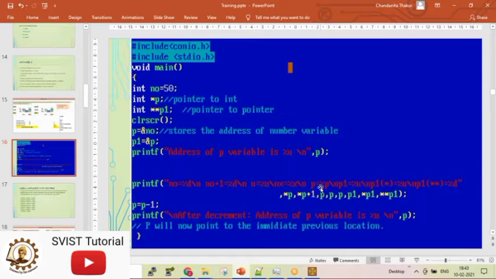In place of %u, I can use %x or I can use %p. Last day I showed you, but I could not show it to all of you.